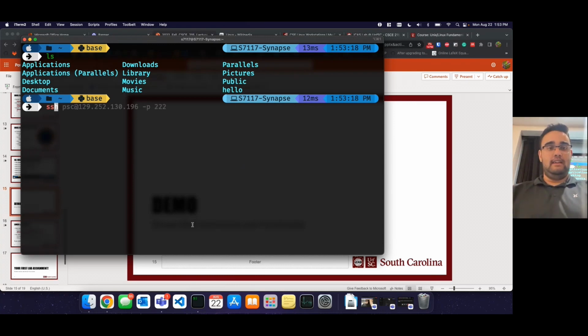So as promised, I'm going to teach you how to remote in. SSH stands for secure shell. And then we pass in -p 222, and then your username for the university. Again, I'm going to have a guide to this on Dropbox, so you don't have to worry.